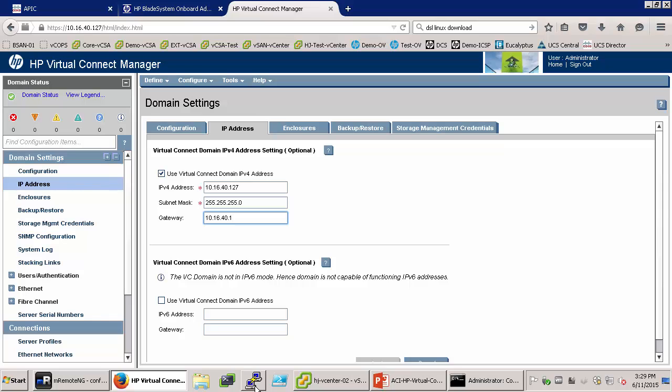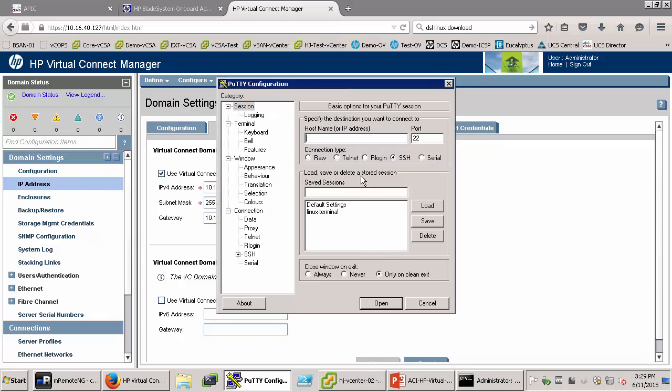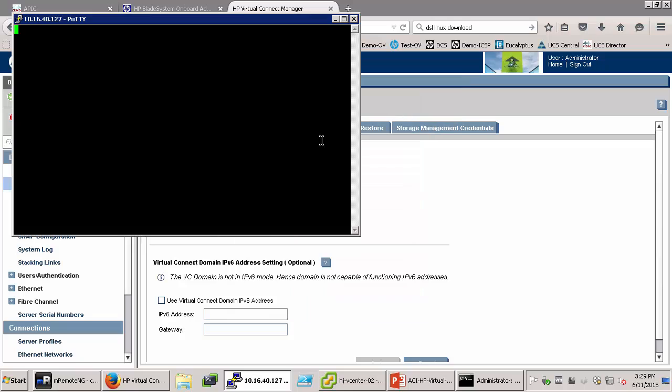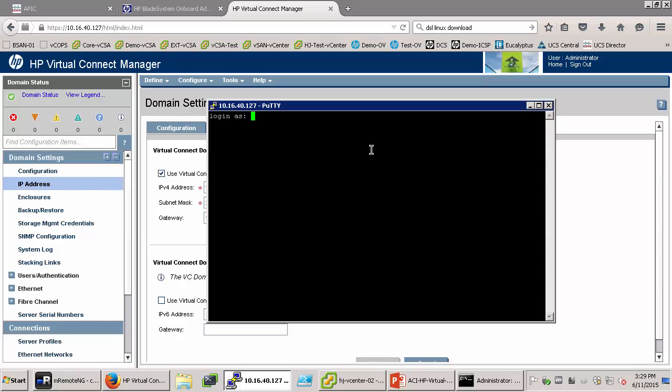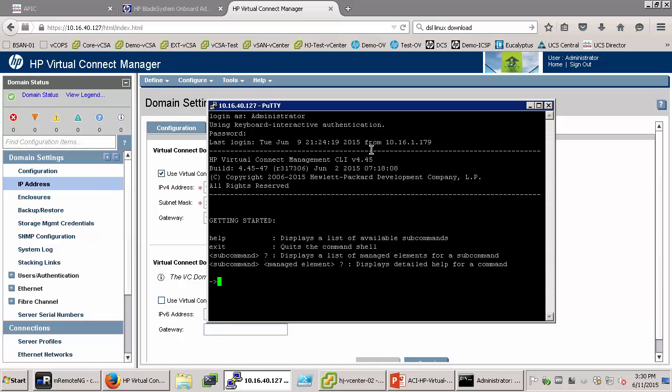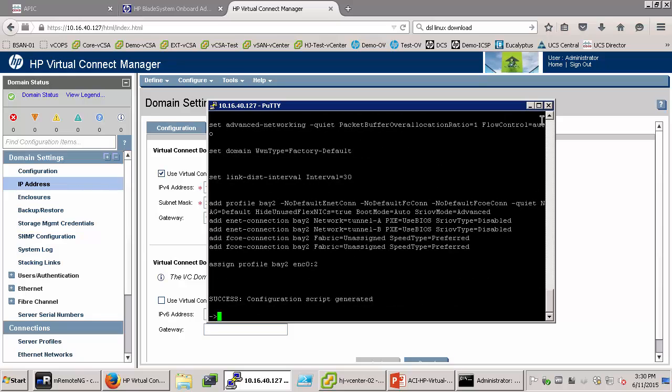Another thing is with this 445 version, we want to... Let me take a look. Let's take a look, there's another important command you need to turn on. This is a virtual connect manager SSH interface. So if you do the show config,